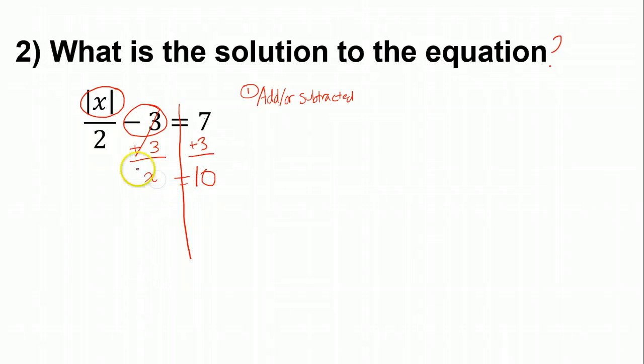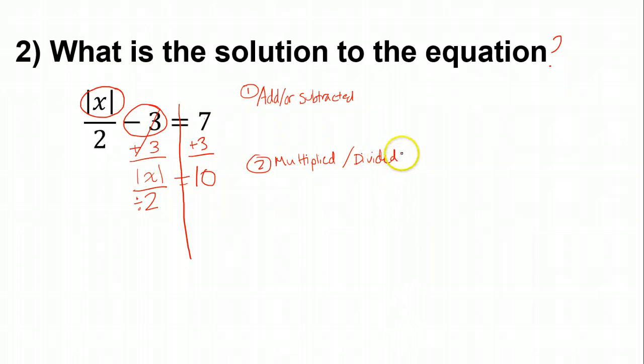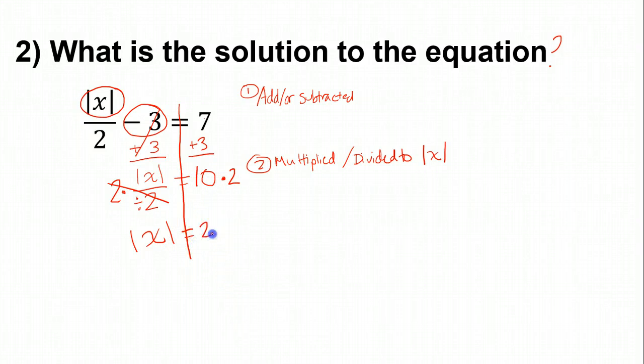Okay, I still have that x in an absolute value divided by 2. Now that's being divided by 2. So we're going to get rid of whatever is being multiplied or divided to the absolute value. Right now there's a 2 being divided, so what's the opposite of division? Right, multiplication. So we'll multiply both sides by 2. This is going to cancel out. I'm left with the absolute value of x equals, what's 10 times 2? 20, right? Now, a lot of students would be like, okay, that's my answer, but actually there's 2 solutions here,